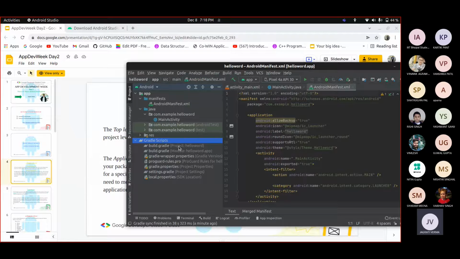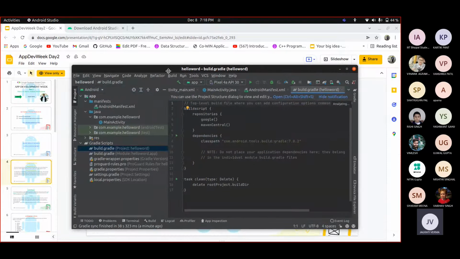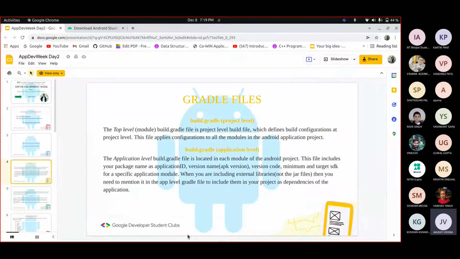Here you can see in the Gradle scripts we have two, that is project and module. So let us learn a little about them. In our project Gradle we have a classpath, and we are integrating Google and Maven Central. I have used Google and Maven Central because if I want to connect my application through an API or something. Okay, and so let us look at the proper definition.